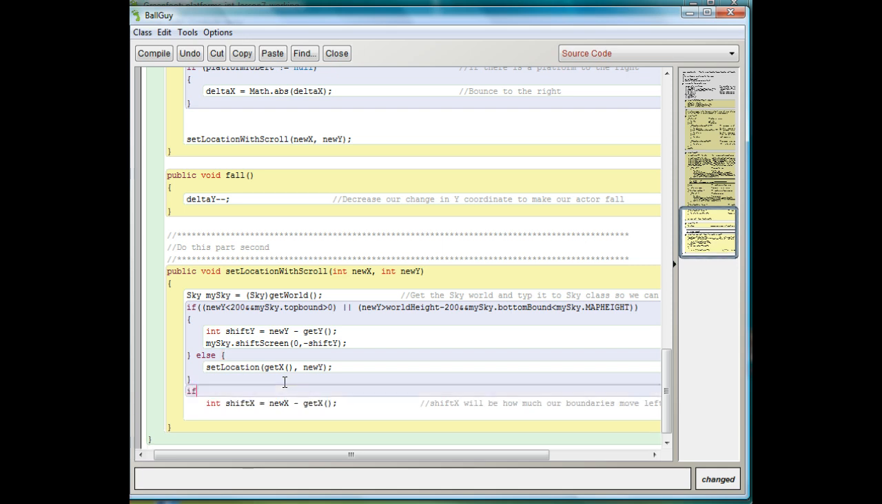So I'm going to say if new x is less than 200, that is, we're getting near the left side of the screen, and the left bound of the sky is greater than 0, that is, the left bound isn't bumping up against the whole left side of the map, or the new x, our new x location, is greater than the width of the map, the width of the world, by which we mean just the screen we're on, minus 200, that is 200 pixels from the right side of the screen,